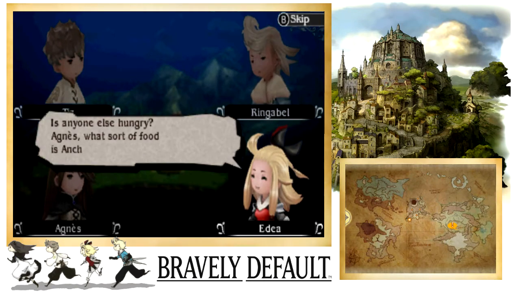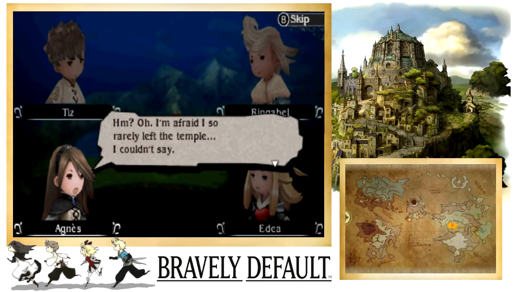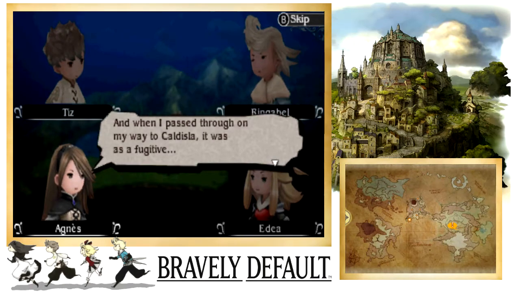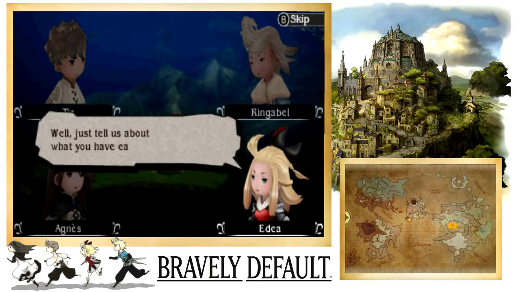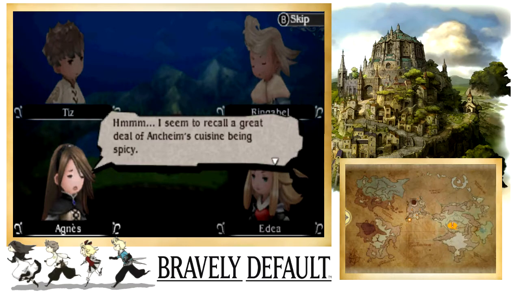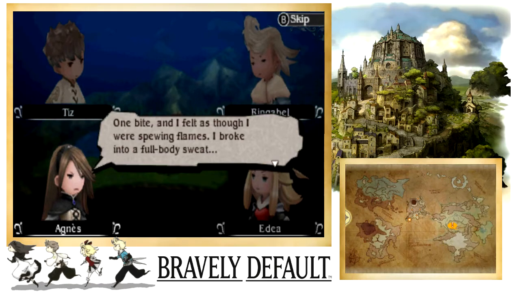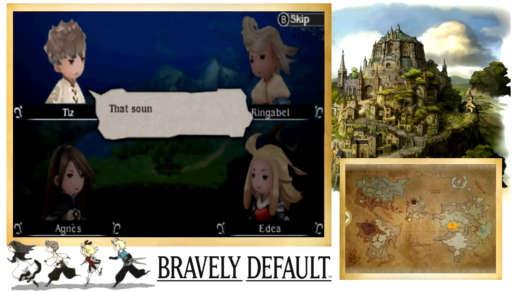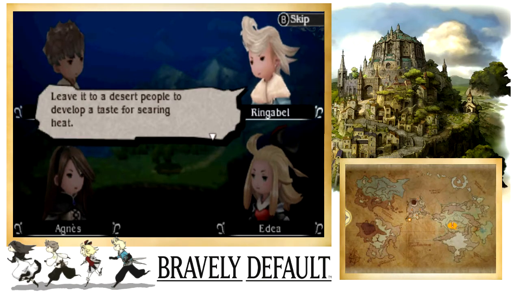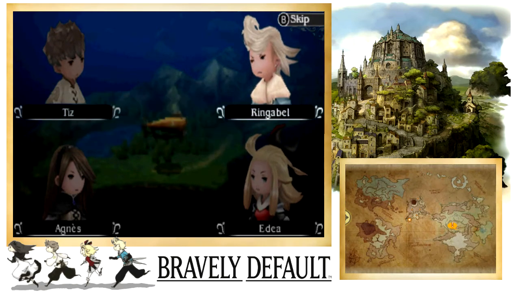Is anyone else hungry? Agnès, what sort of food is Ancheim known for? Oh, I'm afraid I so rarely left the temple, I couldn't say. And when I passed through on my way to Caudisla, it was as a fugitive. Well, just tell us about what you have eaten then. I seem to recall a great deal of Ancheim's cuisine being spicy. One bite, and I felt as though I were spewing flames. I broke into a full-body sweat. That sounds pretty intense. Leave it to a desert people to develop a taste for searing heat. I'm sure the women are no less fiery and...